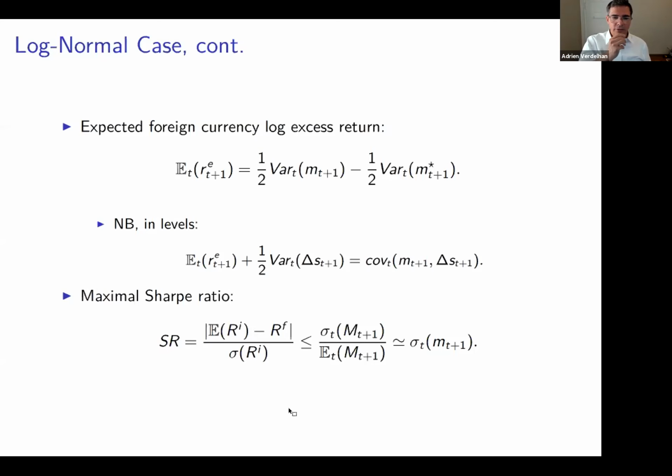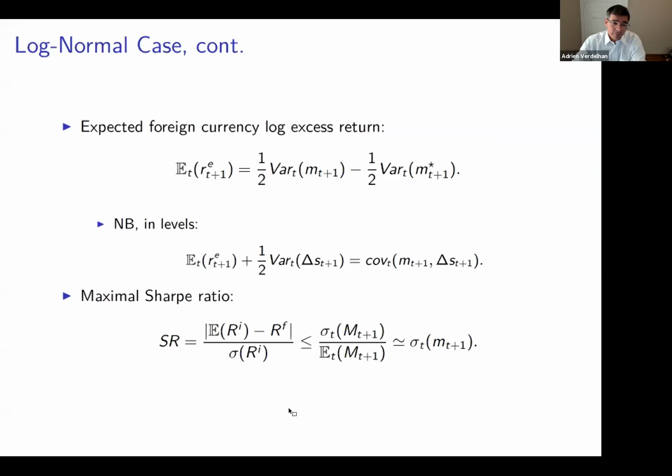Now, it might look a bit strange to not have a covariance term. Usually when we think about an excess return, it's about a covariance between the stochastic discount factor and the returns. That's just because we look at expected log excess return. If you just look at the expected return in level, you just add the Jensen term, and you can rewrite the right-hand side. It's going to show up again as a covariance between M and the change in exchange rate. So the logic is really the one I said before. I should expect a positive excess return if I invest in a currency that's going to depreciate in bad times for me, when it hurts. So that's really the logic.